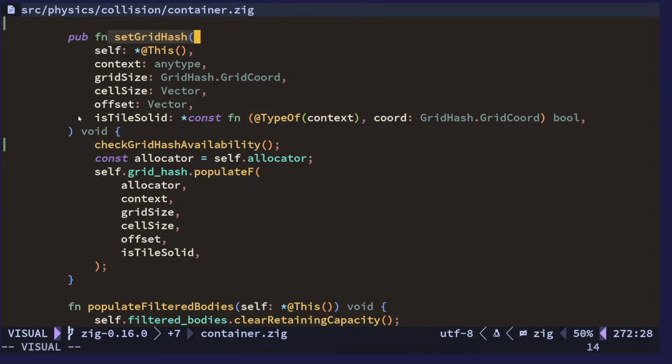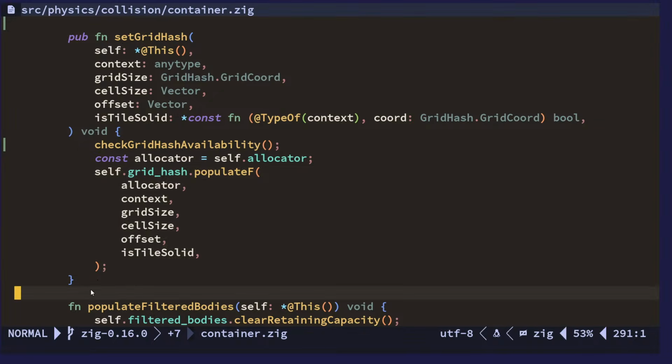So essentially it depends on how dynamic your map is. But my map is basically just static. It's a static map. So we essentially just need to call this once, and it's going to populate the grid hash. It's going to be called every time we change the map. If you transition to another scene and we have a new map loading in, then of course that's going to be populated there as well. The grid hash is then populated,